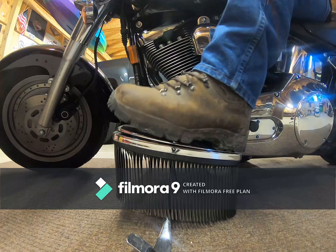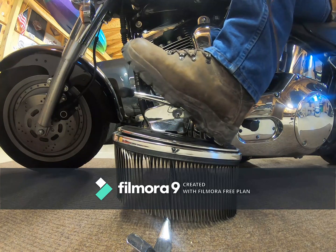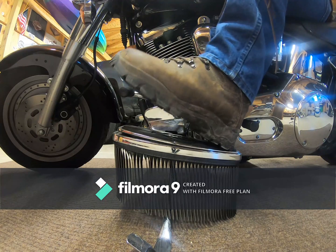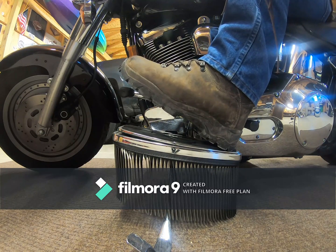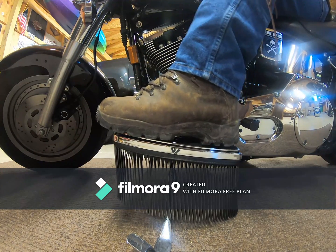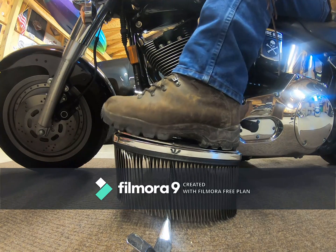If I was to get on your bike though, I might get a little confused if it's a little different. The way I shift mine, and a lot of them are like this, you're going to put your foot on top of the front toe shifter and click down one time for first gear. If you click it up half a click,